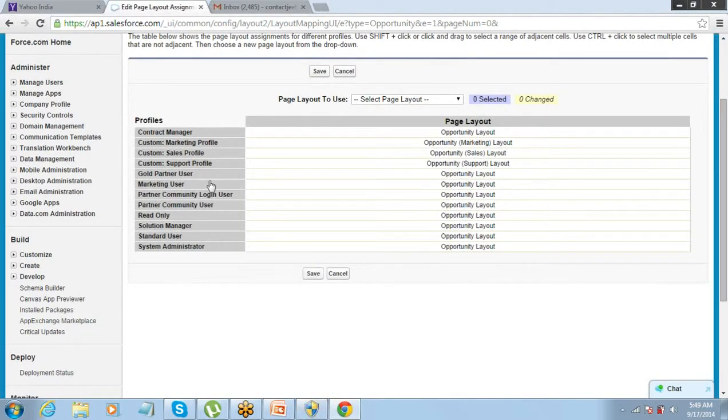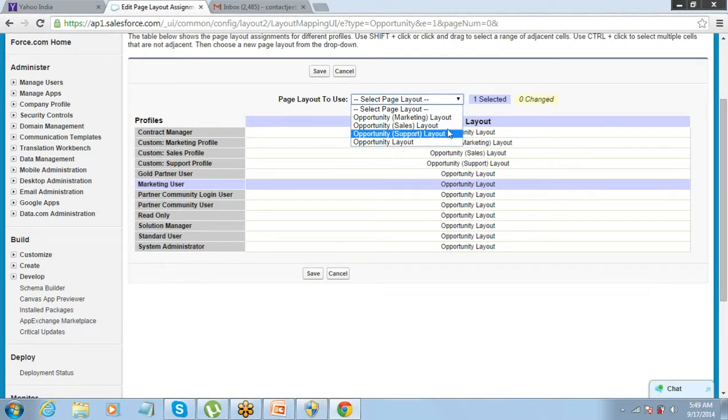Let's say this marketing user, this is a profile. We see opportunity layout here. If you want to change this, okay. So this is what we have to do in page layout assignment.